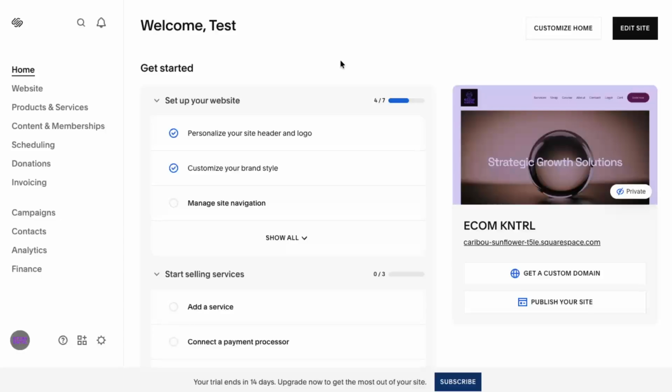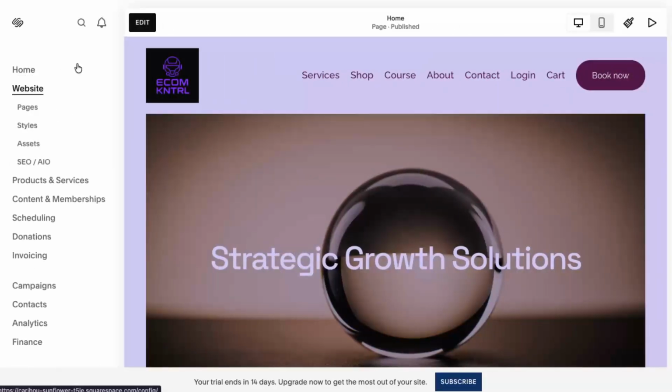Once you're on the dashboard, look for the option labeled Website and click it. This will open the back end for the specific site you want to edit. Next, you'll see an option to edit your site. Click on Edit. This switches you into the visual editor, where you can work directly on your pages and see